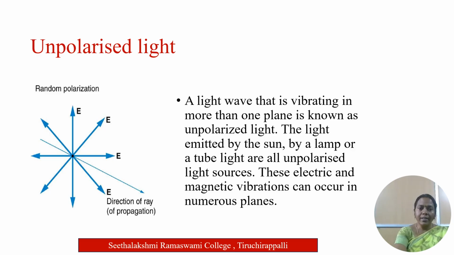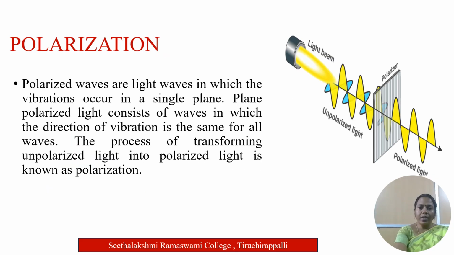So this light that is emitted by the sun or by even a lamp or a tube light are all called unpolarized light sources because they have the electrical vibrations in more than one plane. So they are called unpolarized light. Now coming to the depth of the concept of polarization,